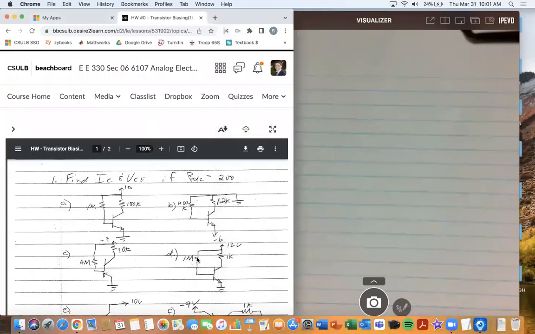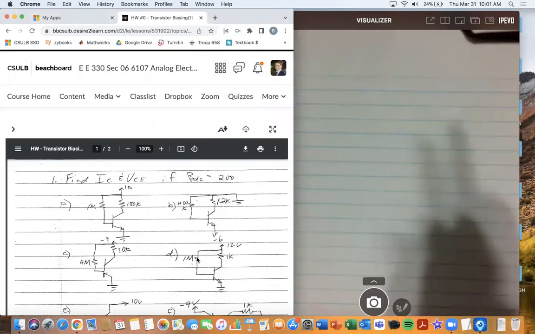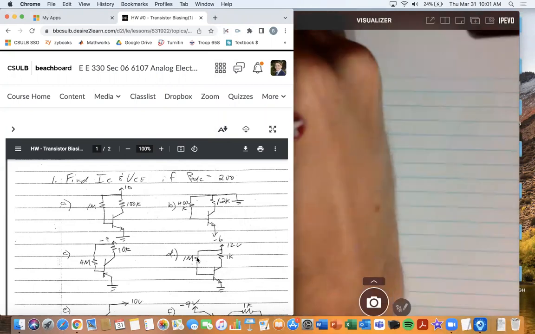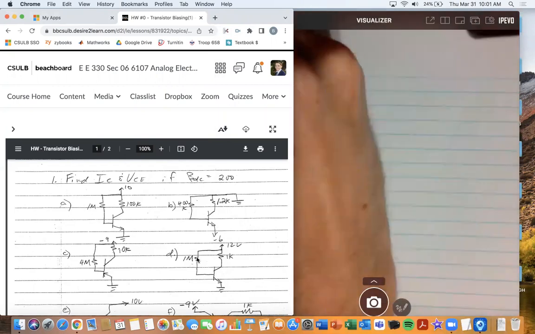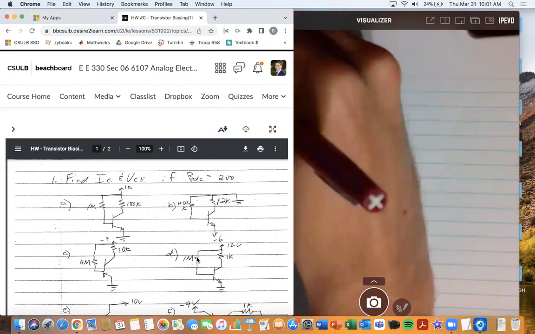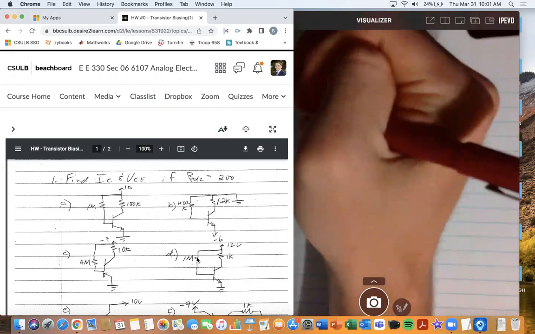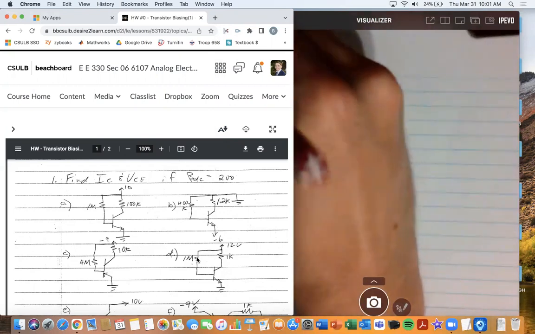And so looking at his next one, it said he had, oh, okay, so he flipped it here. This is actually a good one to look at. It is 400K. Then he had a 1.2K. And then the transistor looks like